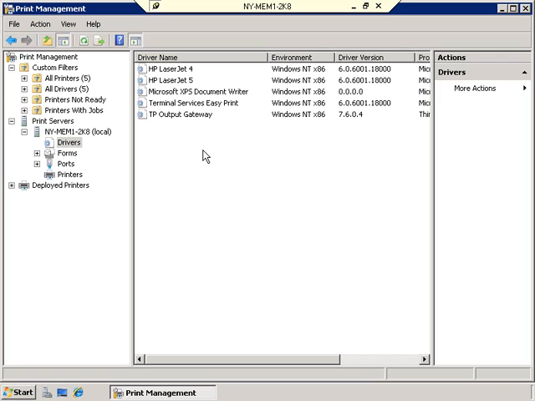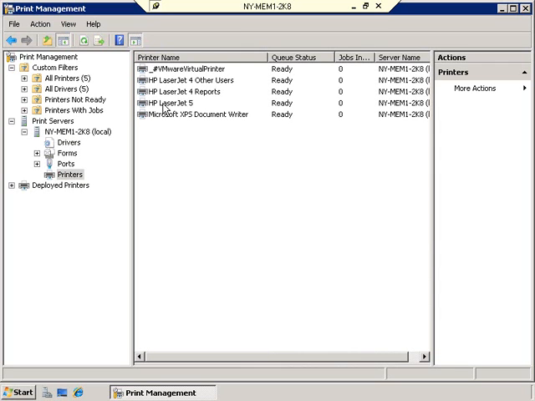Now, another thing that is a real big problem, and matter of fact, we saw this when I installed the very first printer at the beginning of this video, where there was already a driver installed, and I told you back then that I would show you how to permanently eliminate drivers. Because here's the problem. If I go down to my